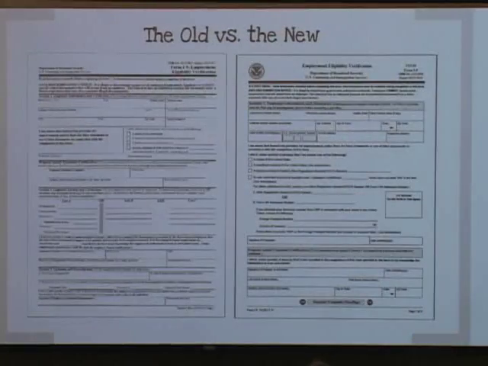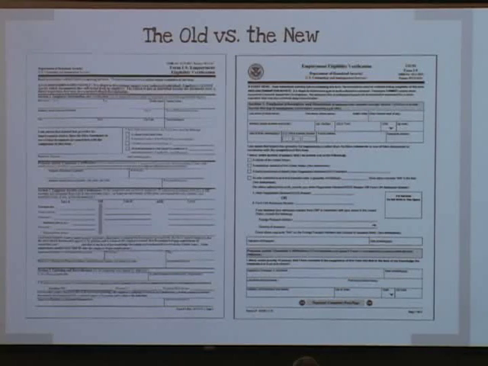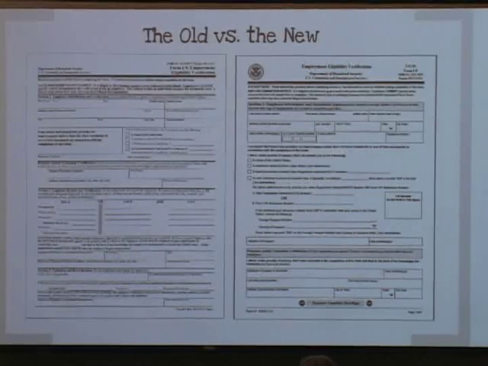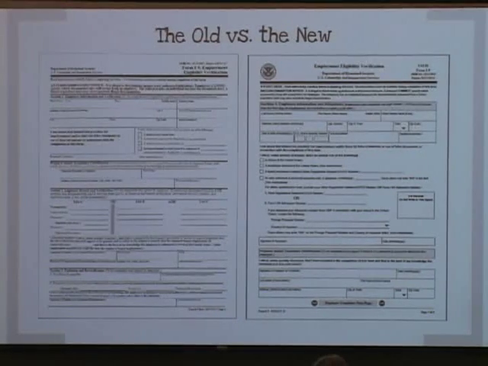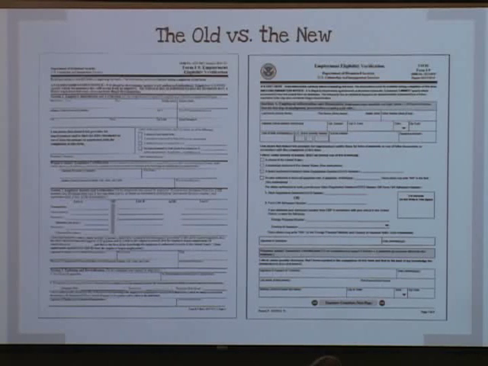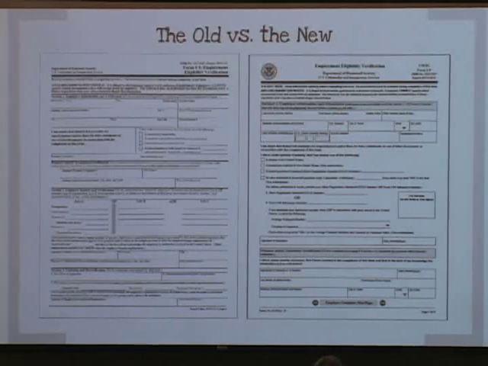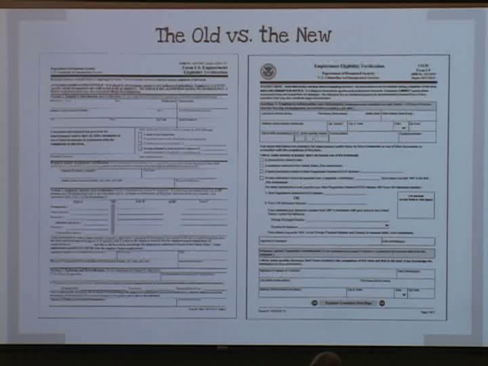Okay, so we're going to take a step out of here, and we'll take a look at the old versus the new form. I think this is important, again, just to see where were we and where are we now. The one on the left is what we now consider the old form, prior version 87-2009. Some of the things you'll notice in particular is they've made the form a lot more official looking. Now we're on the right side here. We have the new Form I-9. We have the DHS seal,